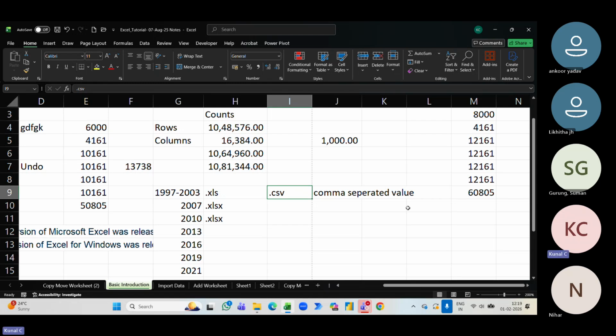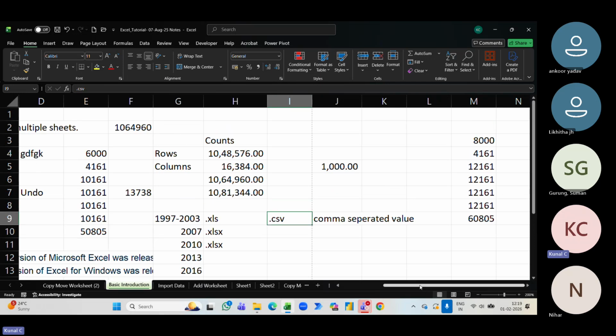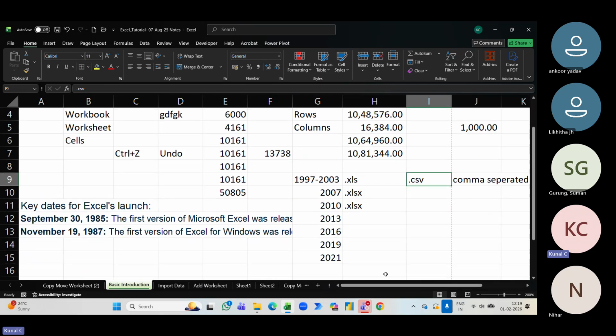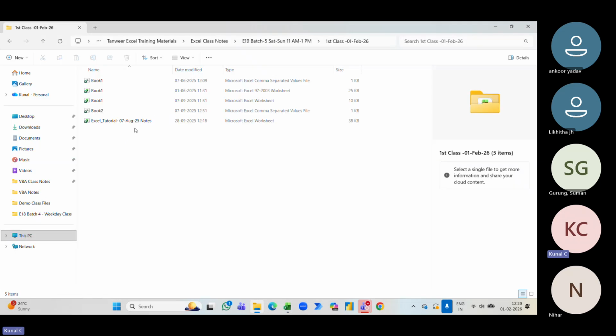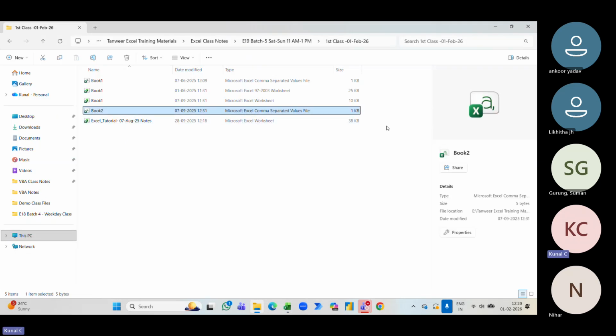So typically, what is comma separated value? It is nothing but the data representation of your raw data in a comma separated manner. Now, what I mean by that, if I want to have a